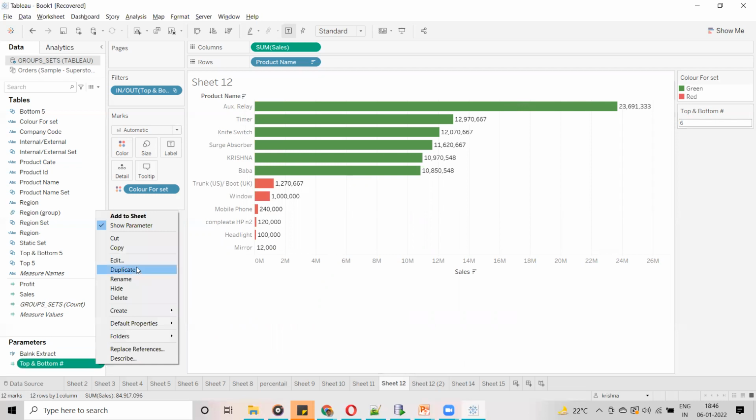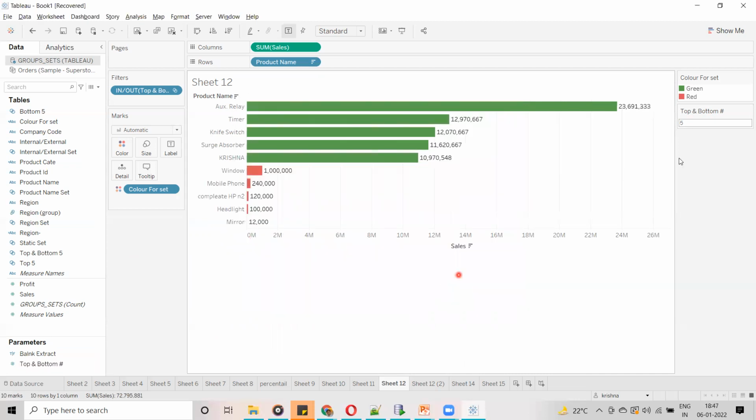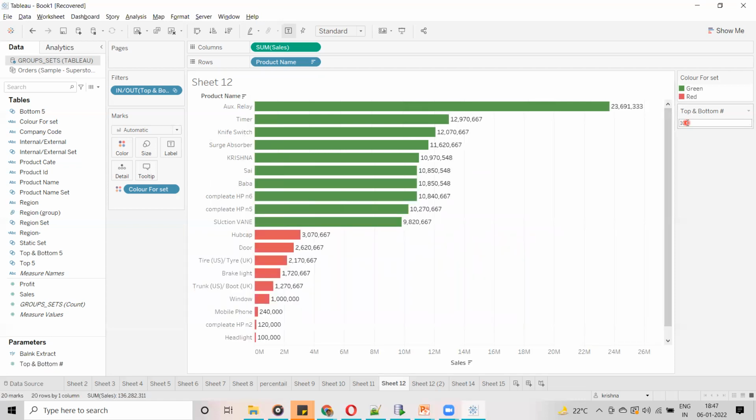Now if you want exact 5, then the starting value you can give as 0. Okay, now you can see it is taking 5. Now if you enter 6, it is going to be 5 only. If you enter 7, it is again 5. If you enter 8, it is going to be 10. So this is how you can use the step size.